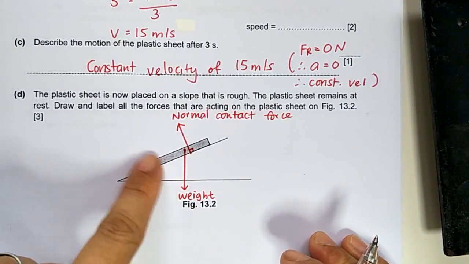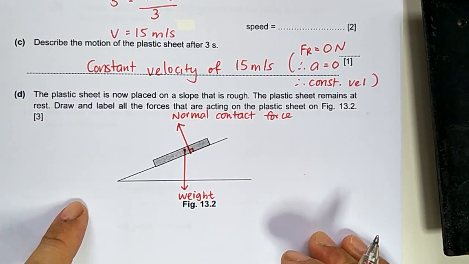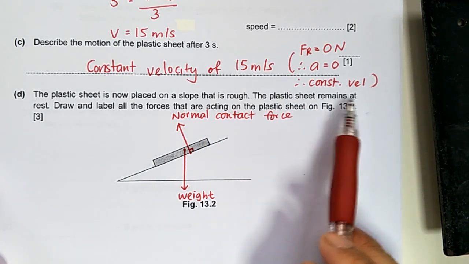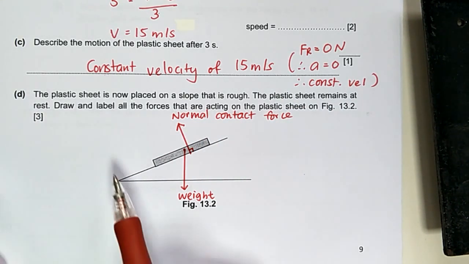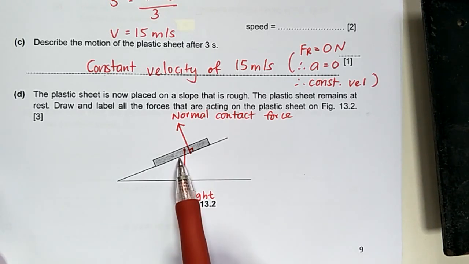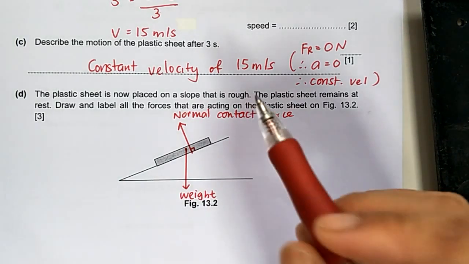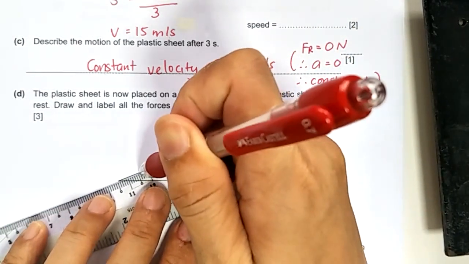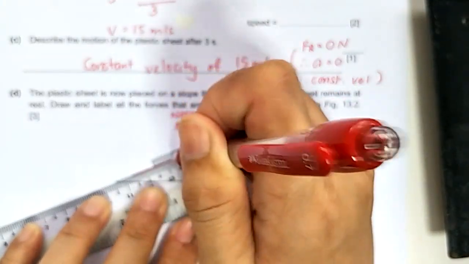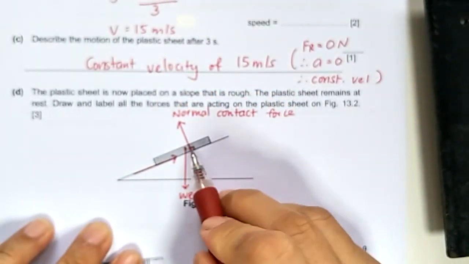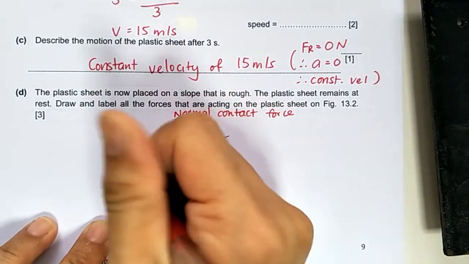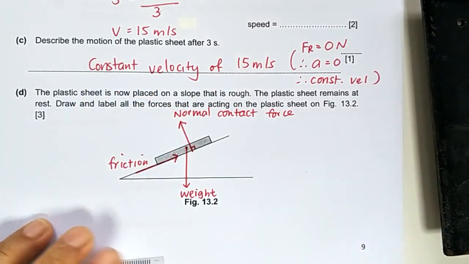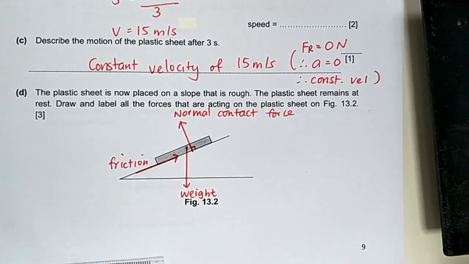And now this plastic sheet, if it's placed on a surface that has no friction, it would have slid down. But since the plastic sheet remains at rest, that means there must be a friction that is actually preventing it from sliding down. So the tendency is for it to slide down. So now the friction would be upwards. You can draw it here, or actually you can draw it here also if you want. So this is friction. And you're done. One force, one mark, and you have scored